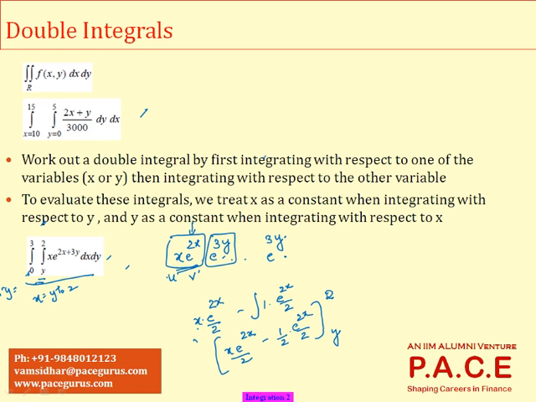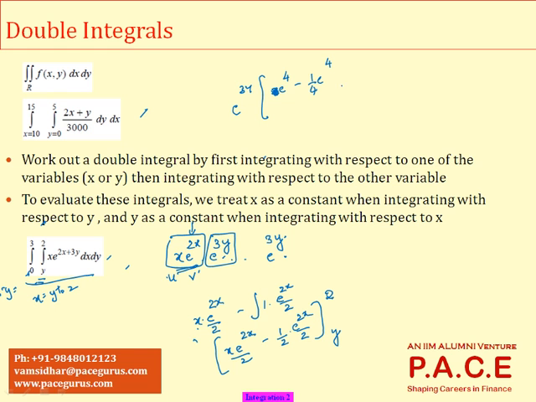So you can very well substitute e power 3y into, substitute 2 in place of x, you get e power 4 by 2. So I can take this out. 2 into e power 4 by 2, which is e power 4 minus 1 by 4 e power 4,